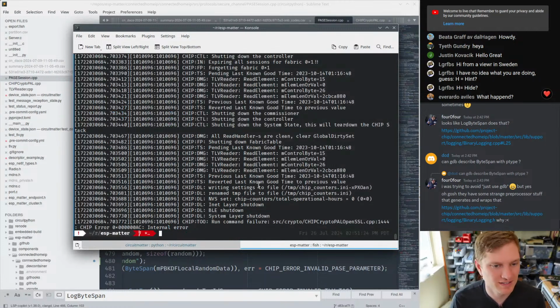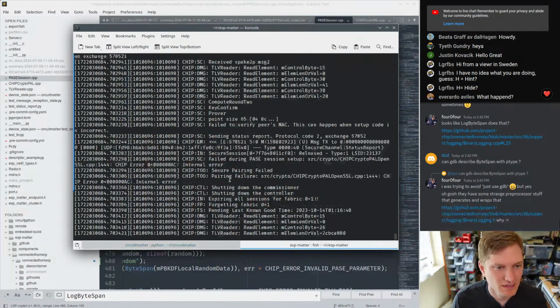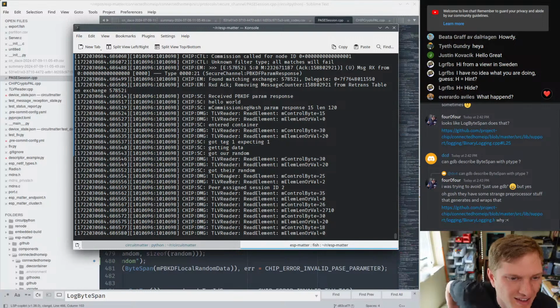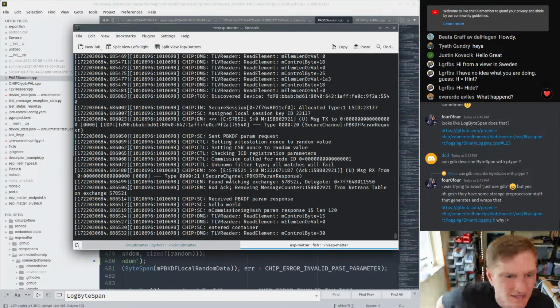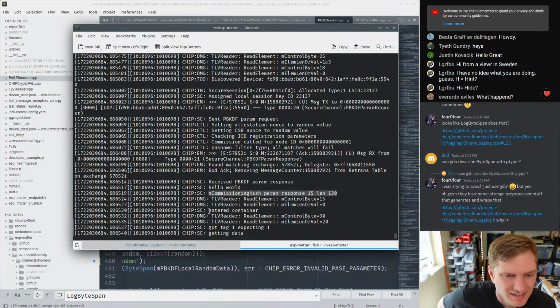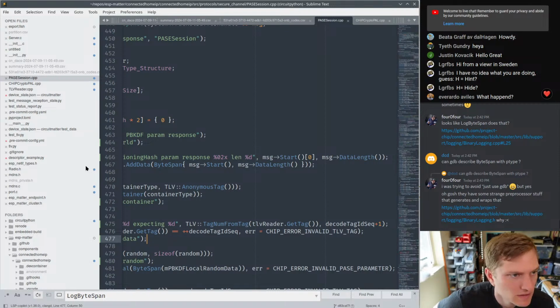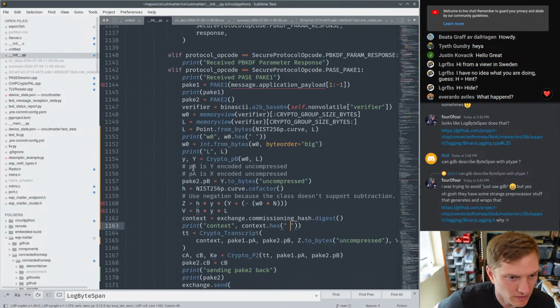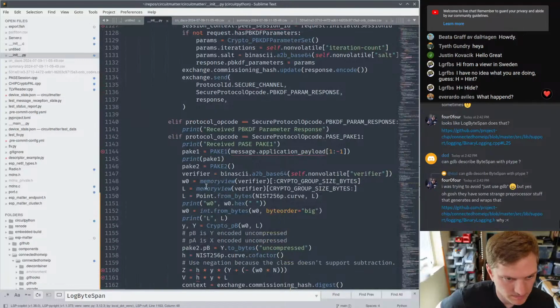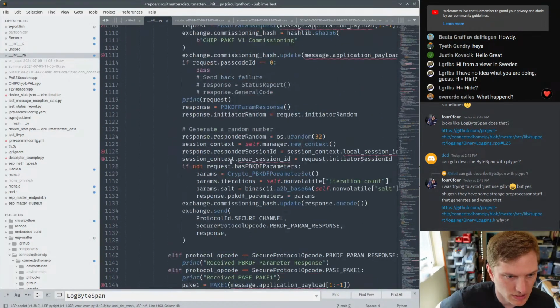Okay, it worked. And we ran again, and now we've got hello world, param response, 15, length 120. Okay. The first byte is 15 and the length is 120. So let's find the equivalent of our code to do this, which is